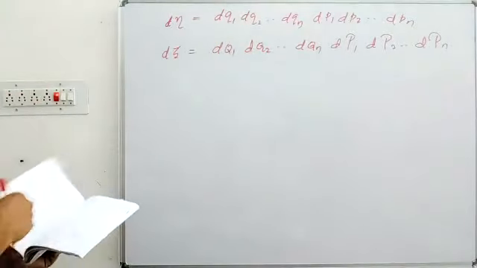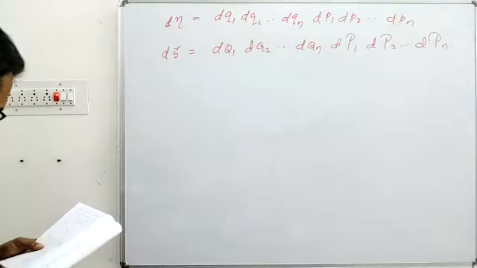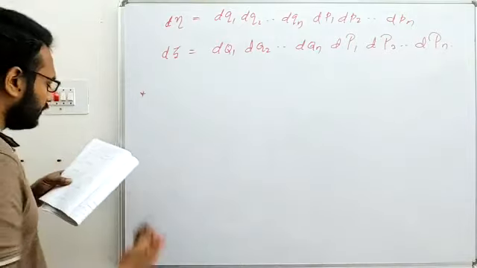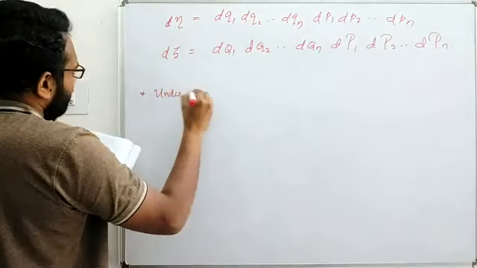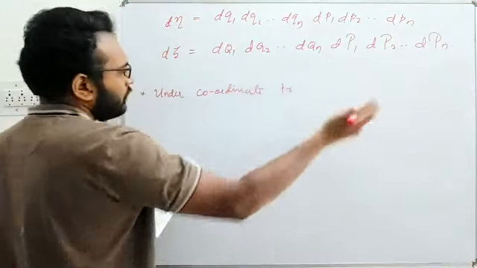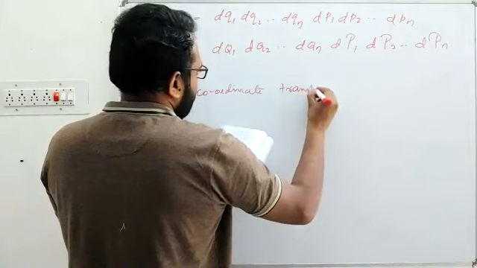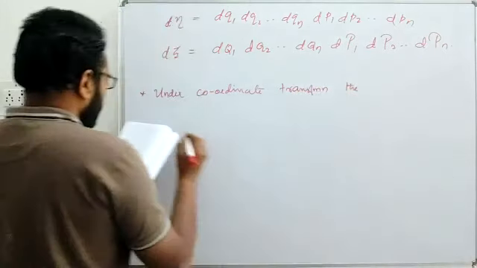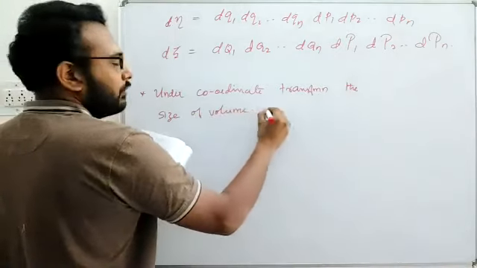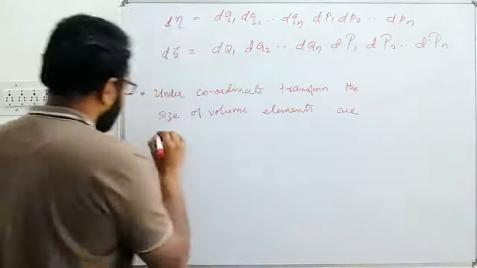Now, how do we know whether this is invariant? We use the fact that, again, it's a statement you need to keep in your mind: under coordinate transformations, where coordinates could mean any general kind of space, even phase space, the size of volume elements are related by